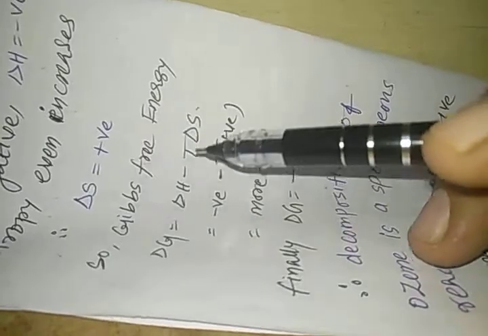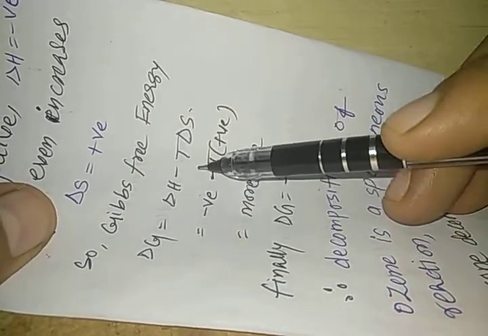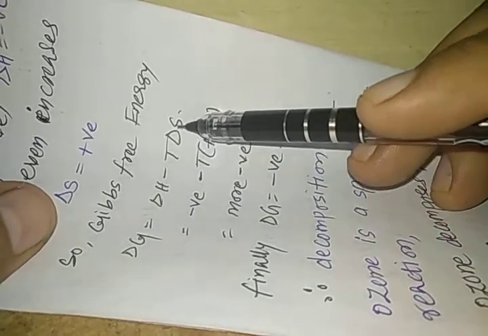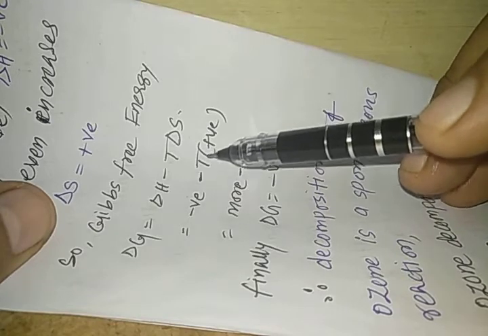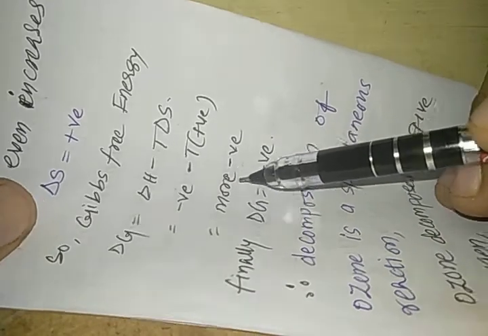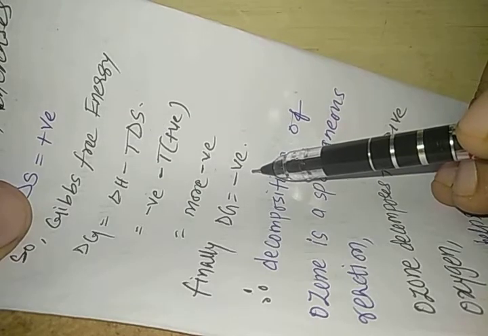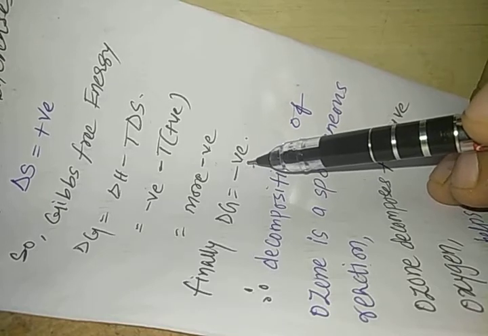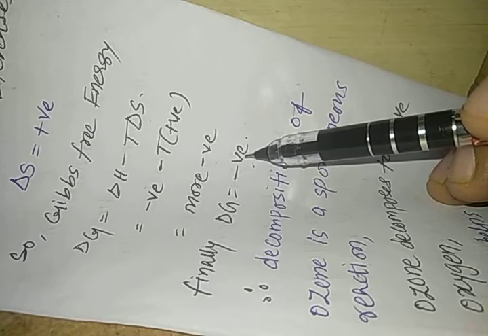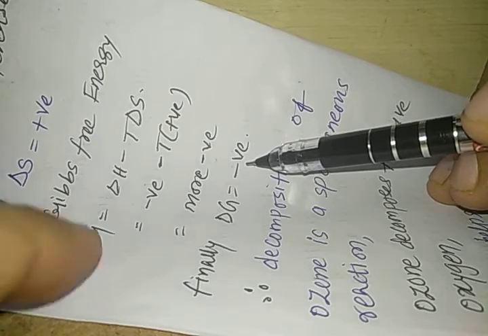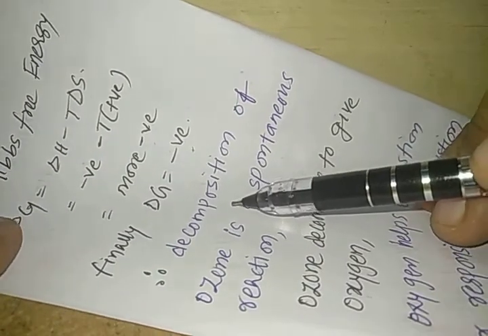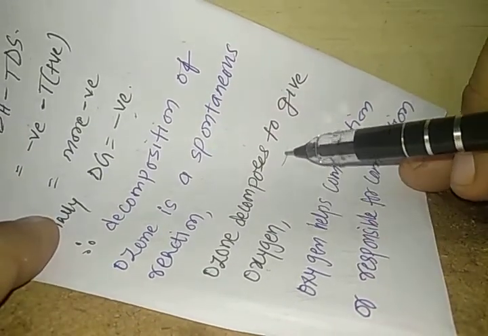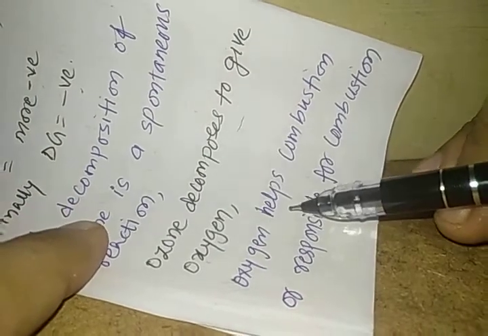So Gibbs free energy, which is represented as delta G, is equal to delta H minus T delta S. Overall, delta H is negative, delta S is positive. This positive into negative turns into more negative. Finally, delta G also is negative. That means the reaction is spontaneous and it happens by itself. That means the decomposition of ozone into oxygen is a spontaneous reaction, and during this reaction energy is released, and therefore ozone decomposes to give oxygen, and thus this oxygen